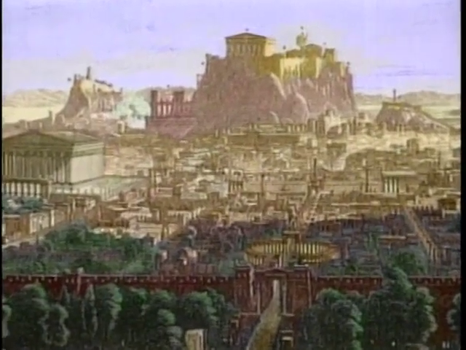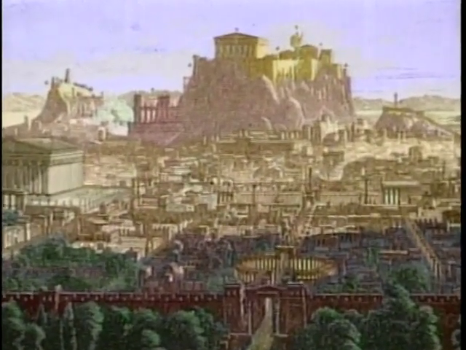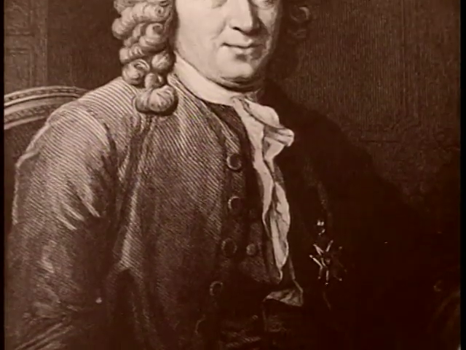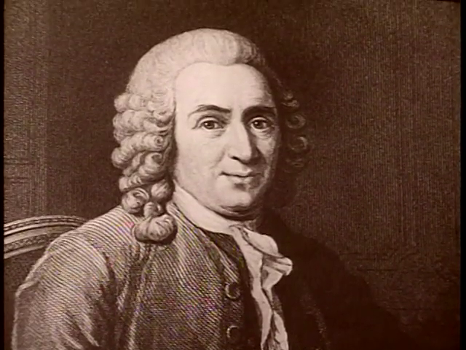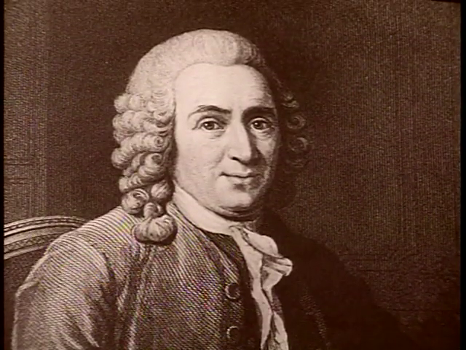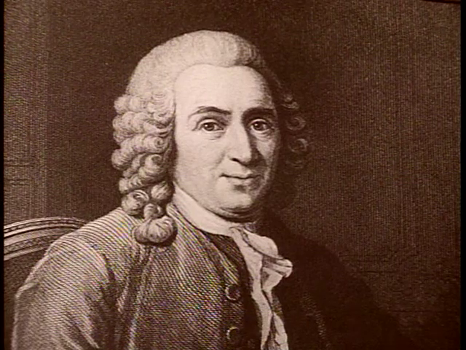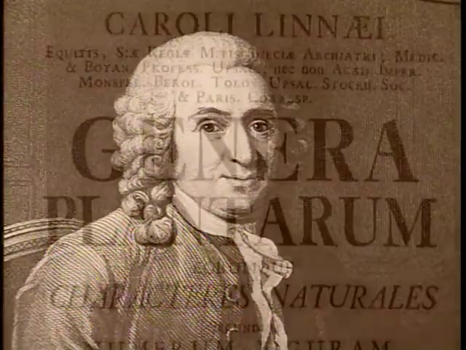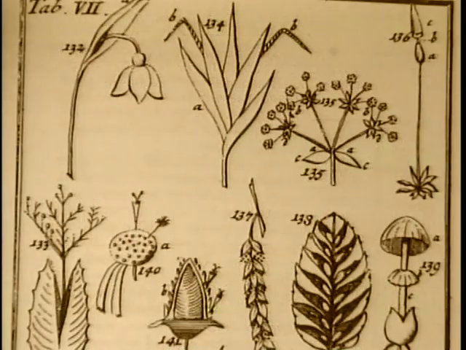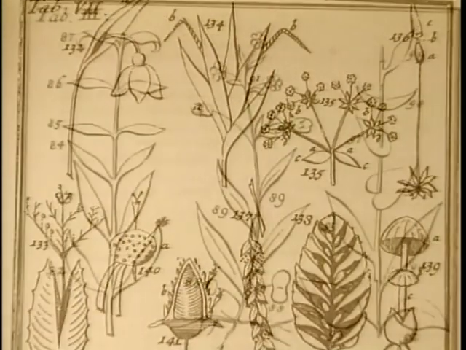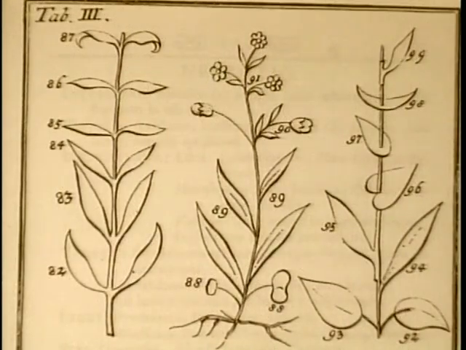The Greeks made the earliest known attempts to categorize the living world. Then in 1735, the Swedish botanist Carolus Linnaeus published his landmark works that are used as a basis for classification even today. Linnaeus's contribution to classification was that he wanted to build a system, a natural system, to explain all of life.